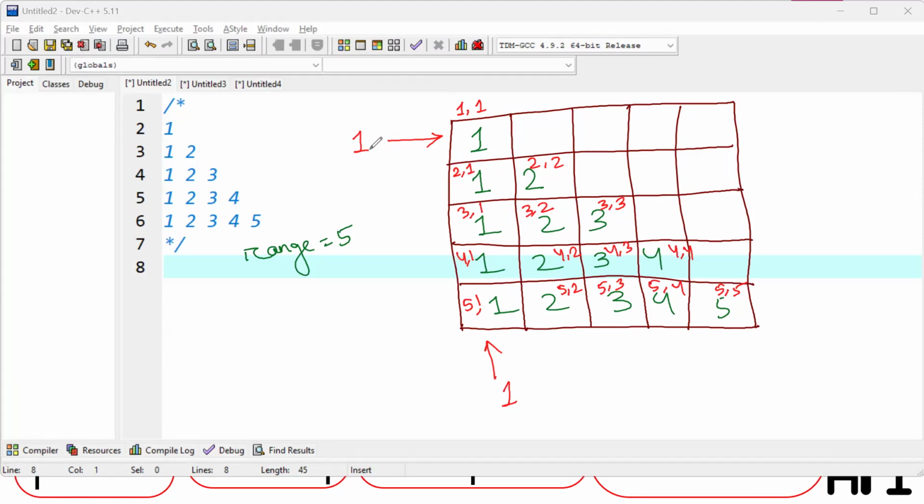Now how will we know which will be my outer loop and which one will be my inner loop? You can randomly consider this particular row. Here the indexes are 4, 1, 4, 2, 4, 3, 4, 4. That means this 4 value is fixed. Fixed means what is that value? That is my row number. So row will be my outer loop,